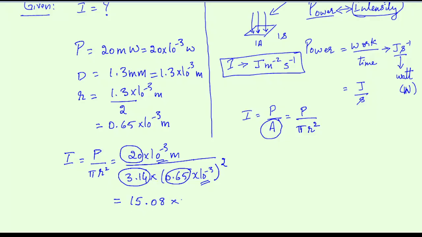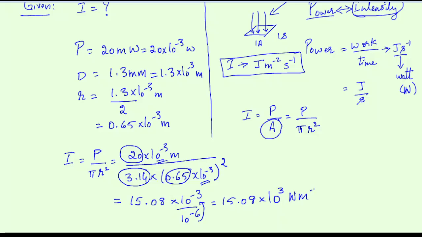We have not yet taken this 10 to the minus 3, right? And also in the denominator, we have 10 to the minus 3 whole to the power of 2. That becomes 10 to the power of minus 6. That is 15.08 times 10 to the minus 3 plus 6. If this goes up, it becomes 10 to the plus 6, right? So that becomes 10 to the 3. Unit is